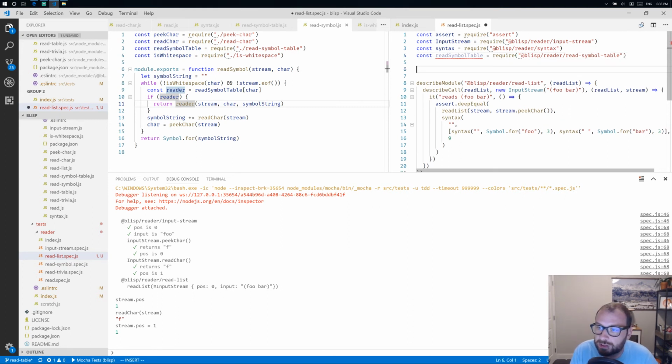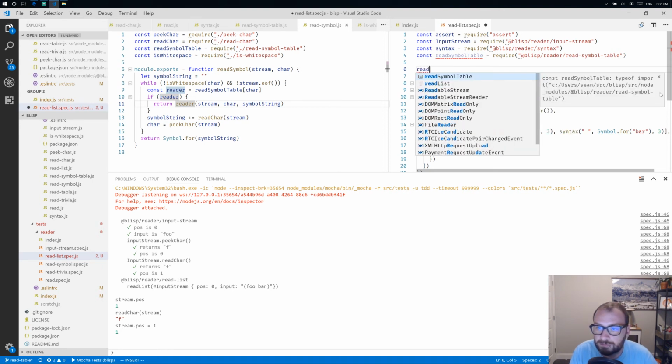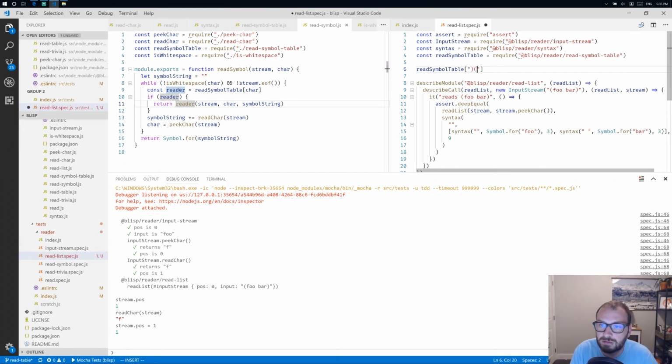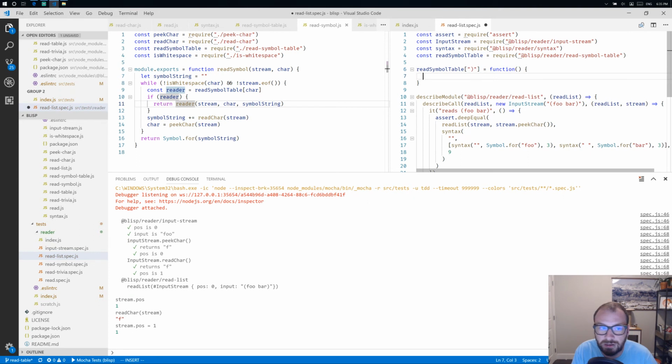And so what we're going to do here is read symbol table, and for end parenthesis, we want that to be equal to function, and it really doesn't matter. We just, oh, right, we're gonna get, oh my gosh, this might actually just work out really well here. Yeah, that won't work in strict mode, so let's do this. Value, and so